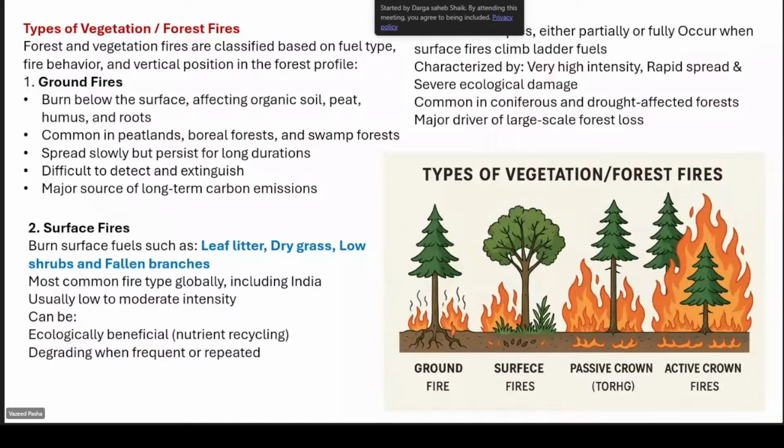Because of two major reasons: clearing the surface for collecting NTFP, non-timber forest produce, like honey, gooseberry, and other species they want to collect from the forest. And also they clear for their cattle. Once you clear the grass, next year after rains, the fresh grasses will come.